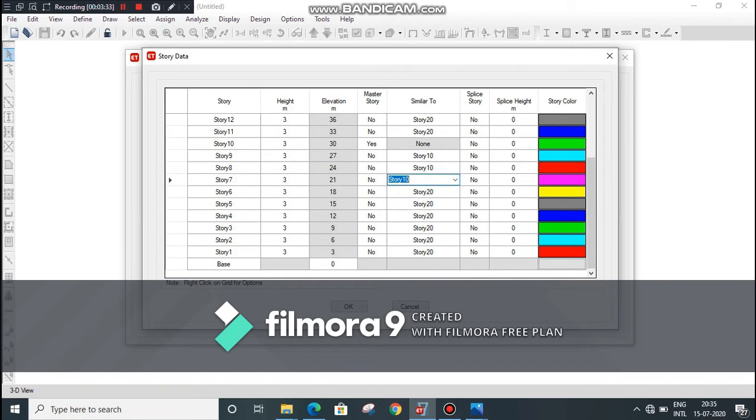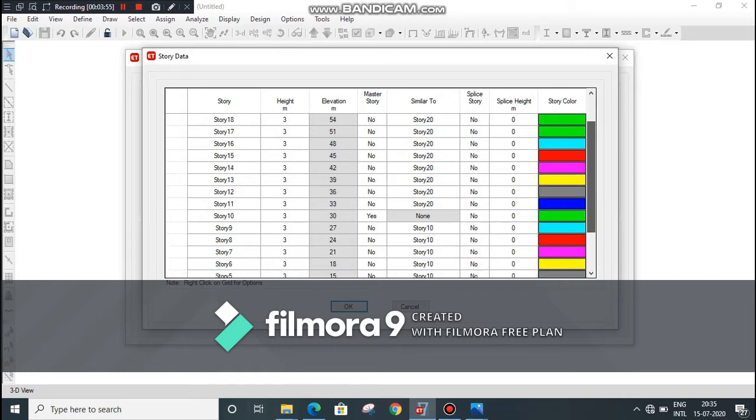It will take some time. We can select any story as a master story and the rest of the stories can be selected as similar to the master story. Now the stories from 11 to 16 are the same.